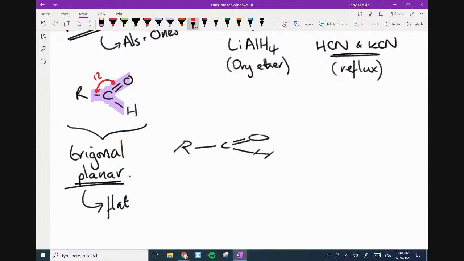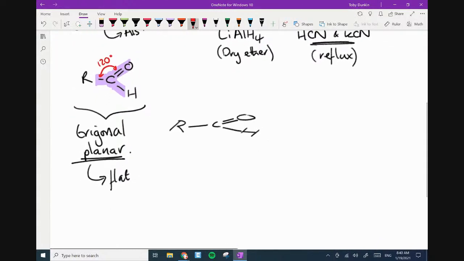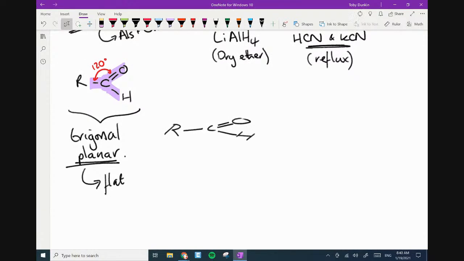I'll add it to this one, that there is 120. But because it's trigonal planar,